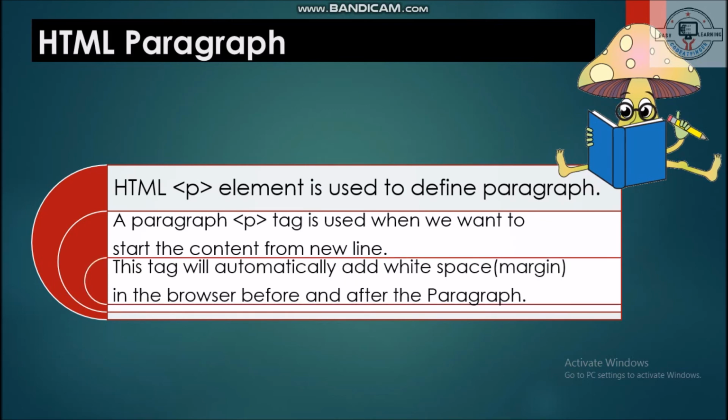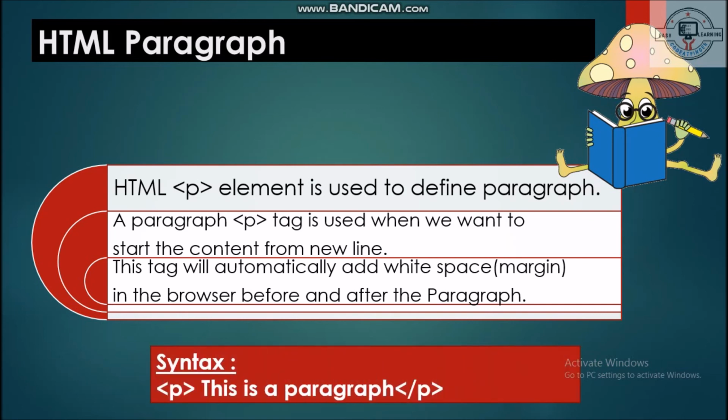It will give space before the paragraph and after the paragraph. So it will automatically leave white space, meaning margin. See the syntax of it. It's a container tag. It will start with P and it will end with P with the backslash. So in this way we have to give a paragraph.